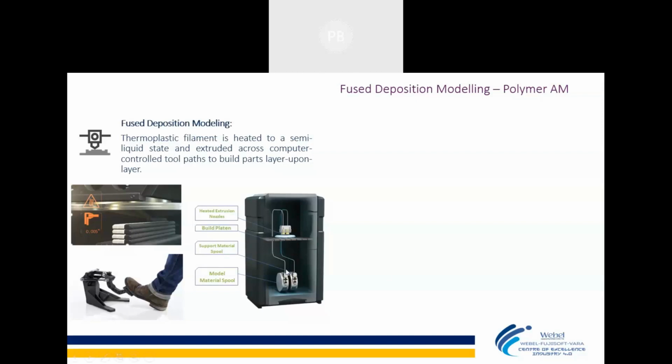You can see it in the bottom picture. This wire is the raw material, which is basically a filament. It is fed into the machine, and the machine applies external heat as an external source of energy. So the solid raw wire starts melting. It will not come to a complete liquid stage, but to a viscous stage where it can flow.